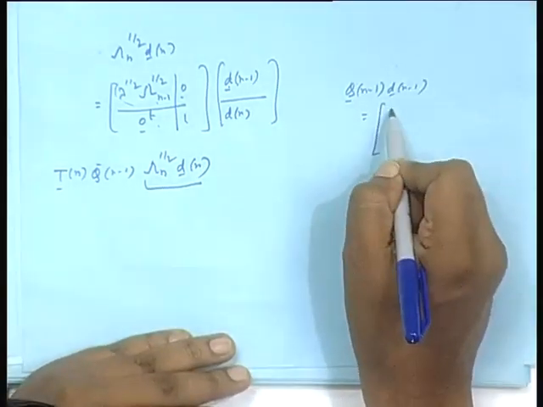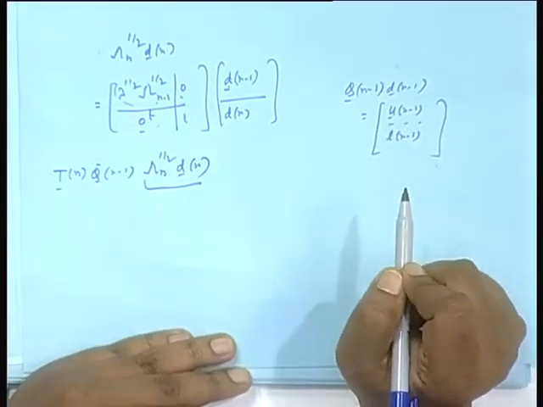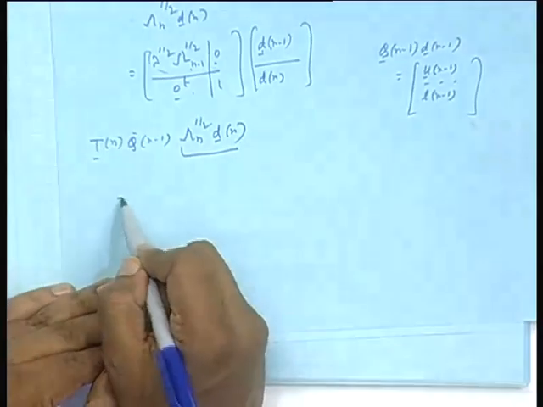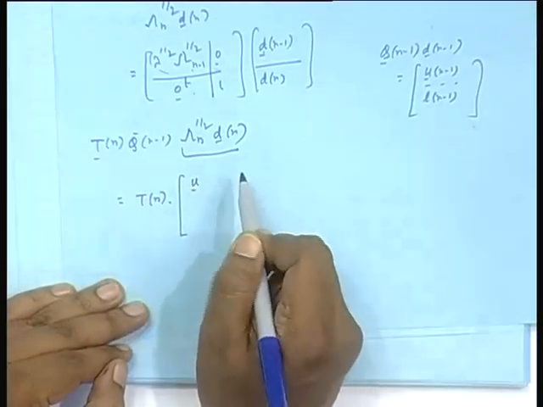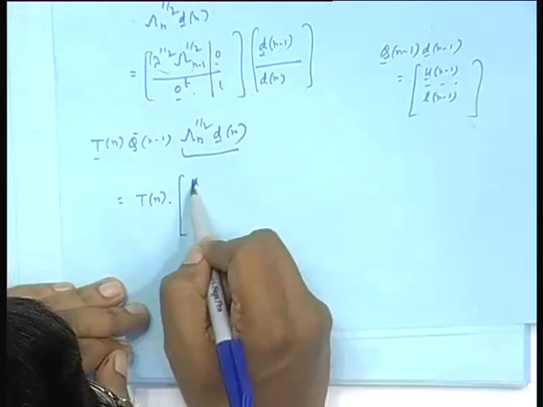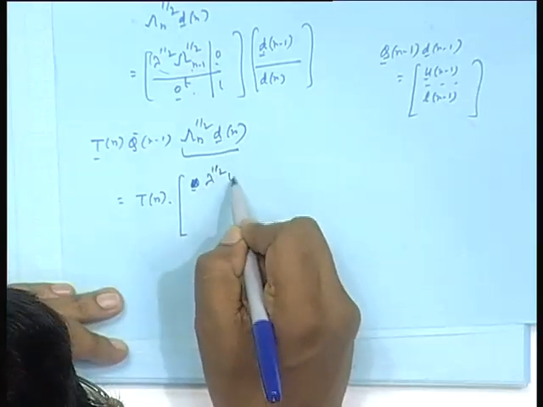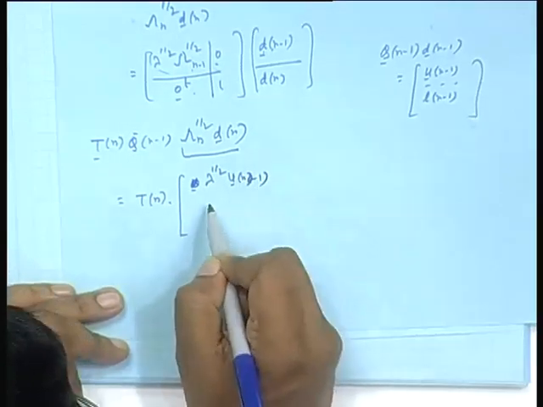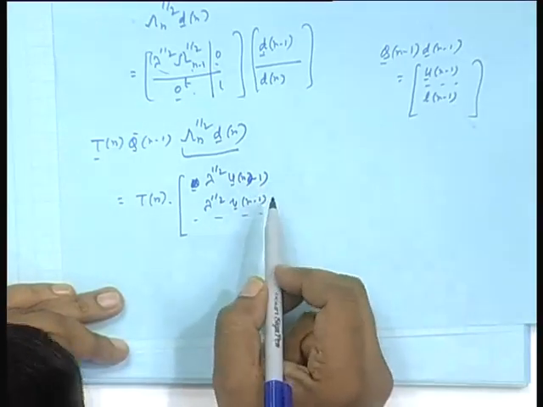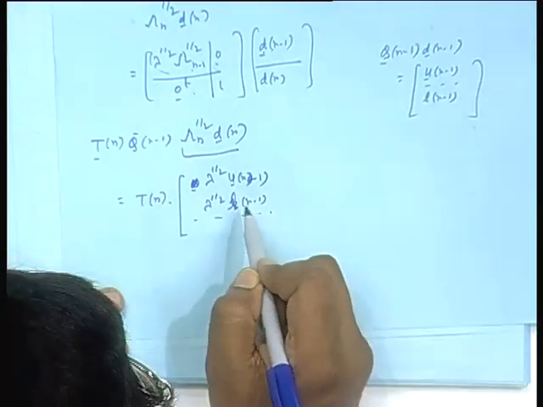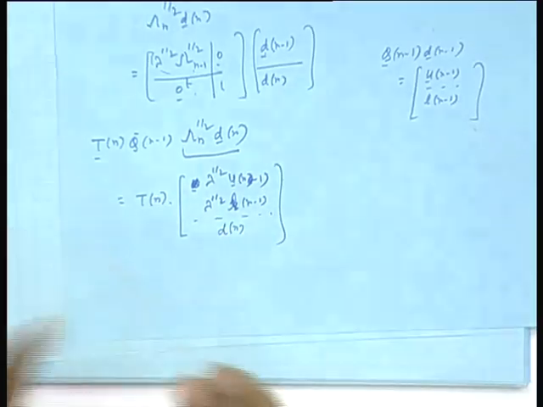it was what? Upper half, lower half, isn't it? So, that means this will be what? T n, a lambda factor will come up, that lambda to the power half, sorry, u n minus 1, this is L. The last guy is d n. This will be the thing.